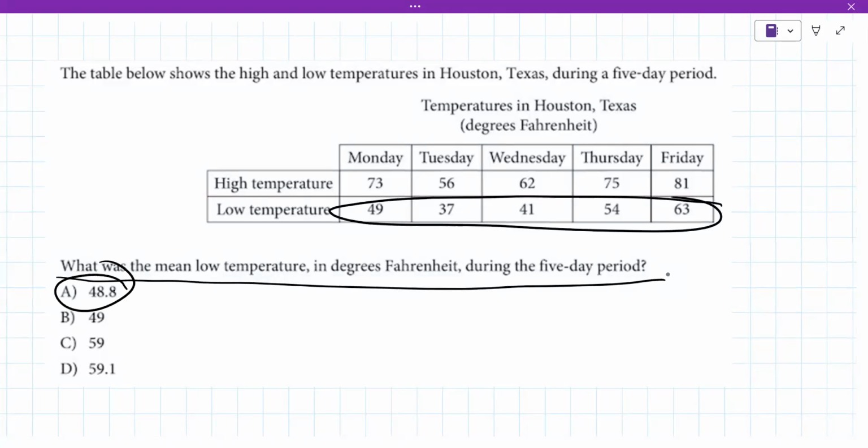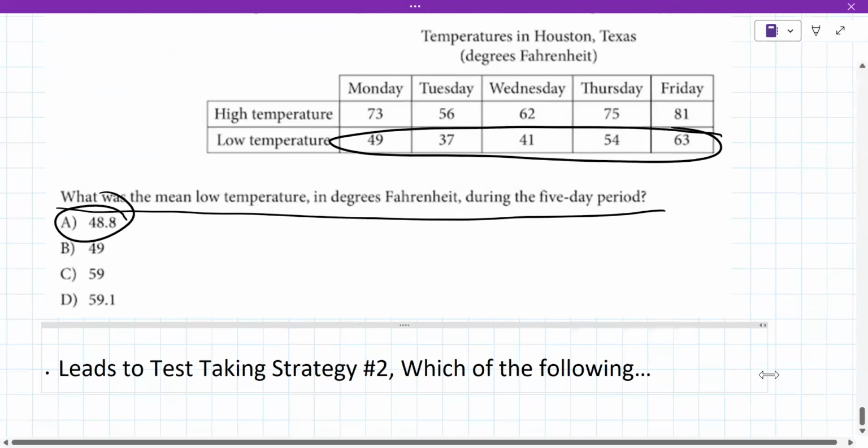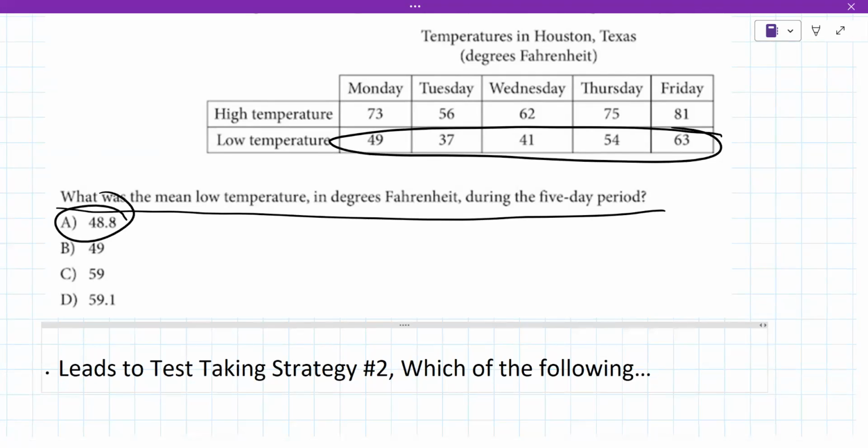Okay, so in summary here today to close out, reading the call to action first is super, super important. It actually leads to the next test taking strategy, which I'll snip in here, which is which of the following. We're going to look at that at some point soon. So, all right, good job. Hey, you did more math than most kids do the entire